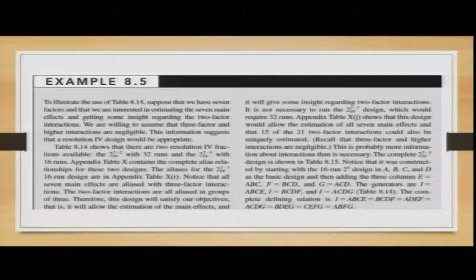Obviously, if you take the 3 factor model or the 4 factor model where k changes, complications will come, because the different combinations of the factors would increase. The increase would result in complications not in the answer, but in the calculations. So, you have to consider them accordingly. Once you have the 2 to the power 7 minus 3 where k is 7 and p is 3, these are the fractional factorial designs.